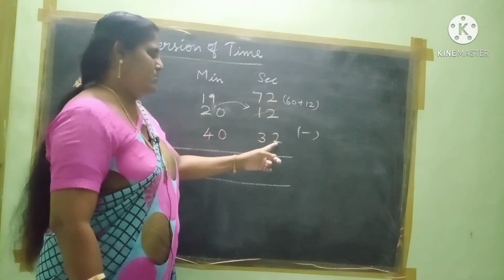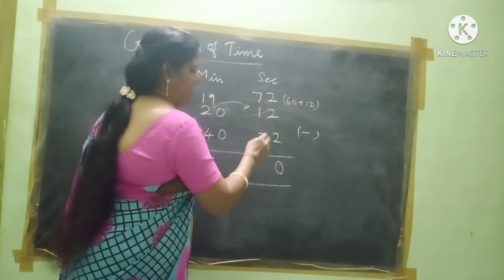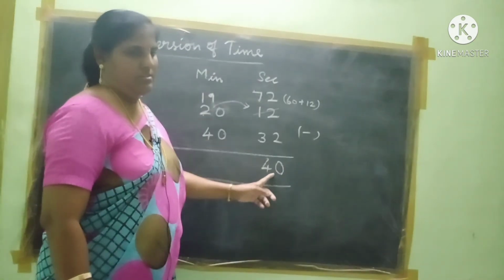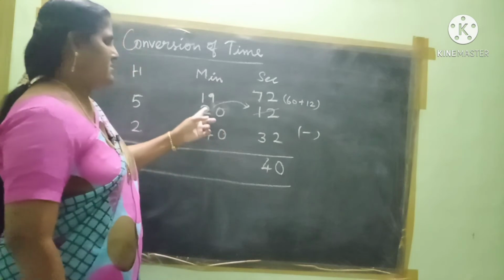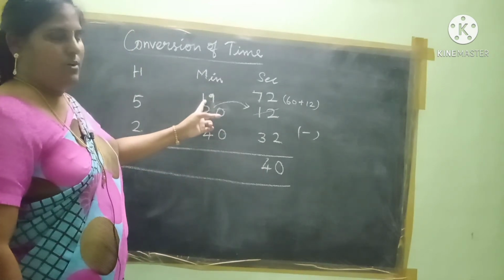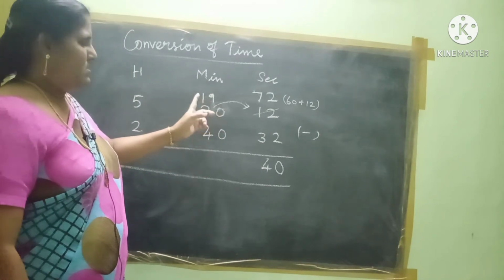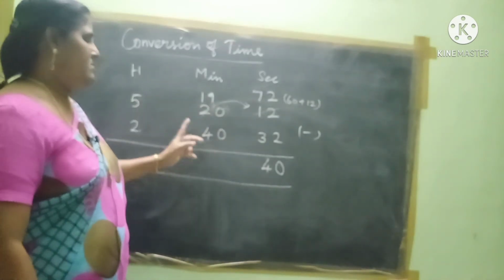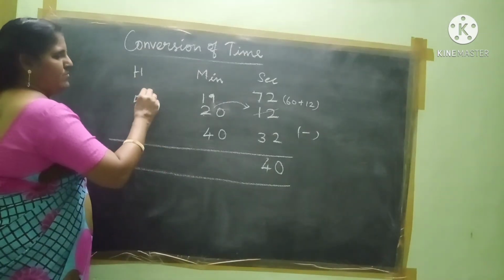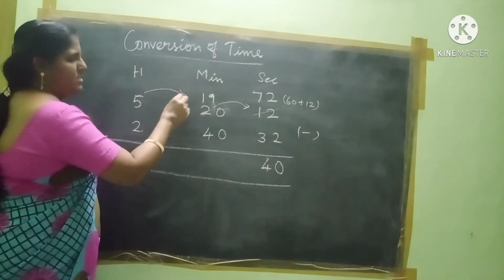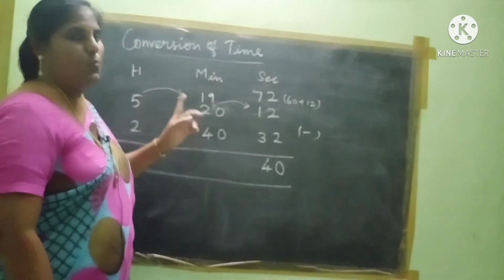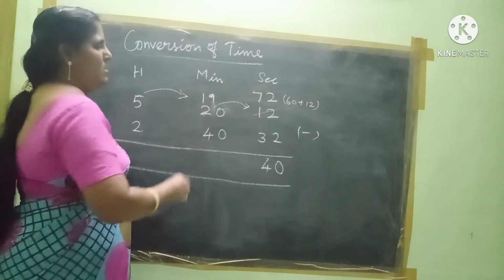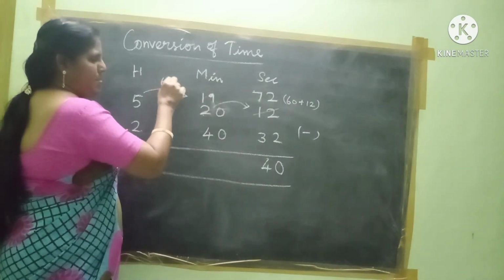So therefore 72 minus 32: 2 minus 2, 0. 7 minus 3, 4. So 40 seconds remaining. Next, see here, how many minutes are there? 19 minutes. So 19 minutes is smaller than 40, so we cannot subtract the numbers. Therefore, we are going to borrow from the hour. So we already know that 60 minutes make 1 hour. So we are going to borrow 1 hour from here to that side. So that means 60